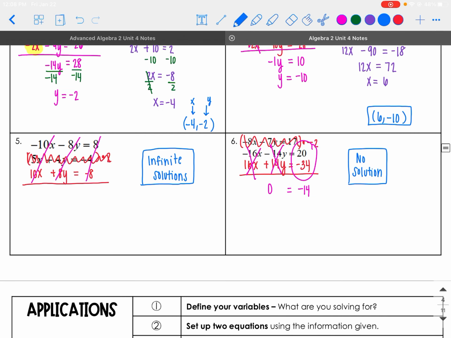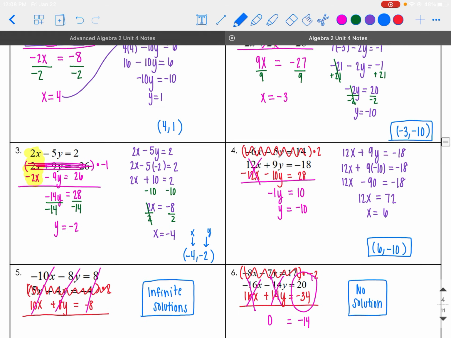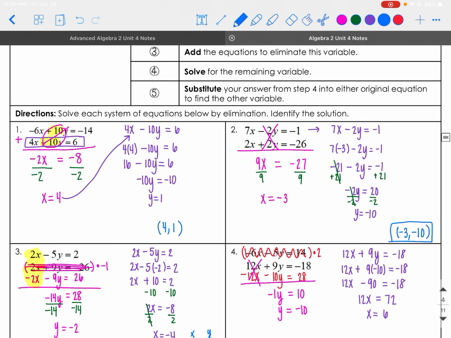All right, that is all the examples I'm going to do. I'm actually going to skip the applications. That's not going to show up on your test, so I'm not going to go through those examples. If you have any questions,